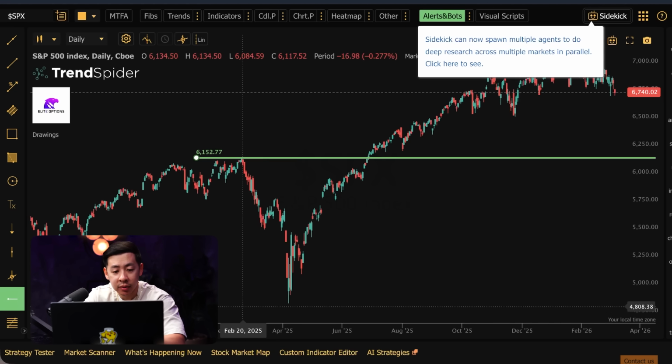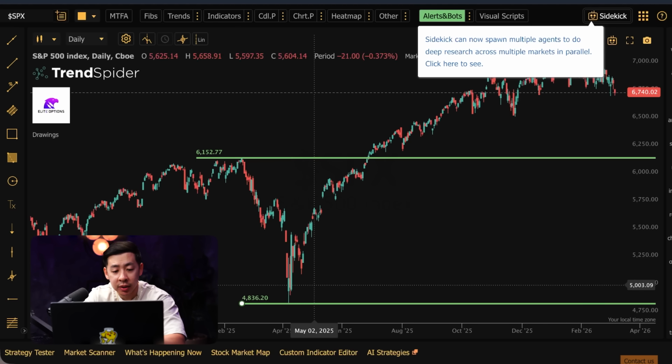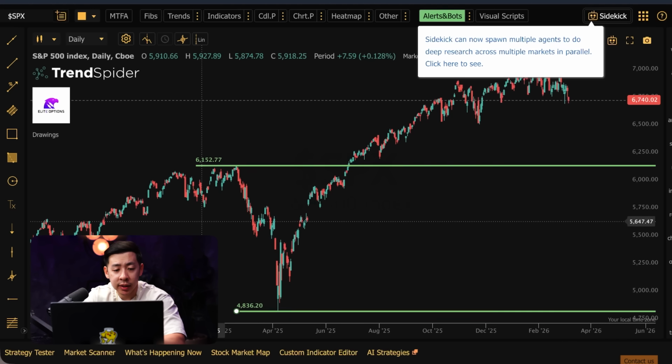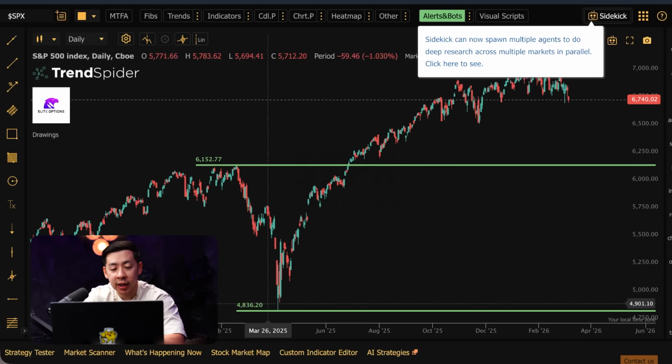The next huge level is where the market bottomed eventually last year after Trump announced the delay in tariffs. So SPX bottomed out around 4,800. So we have two of the most important levels in the past year and a half. Now we have two important data points: the area of where the market bottomed and where it topped, and now we've got to figure out where you're going to enter.